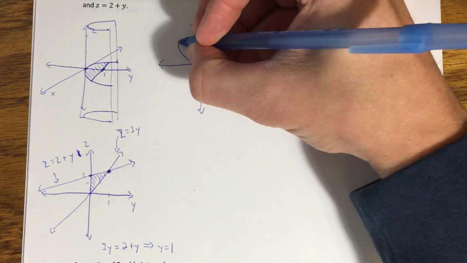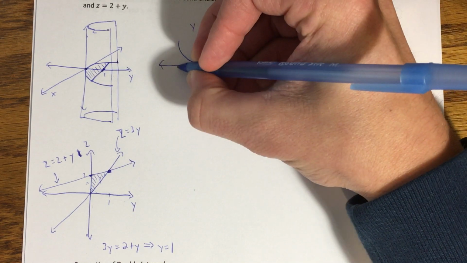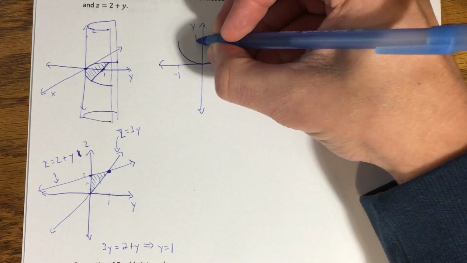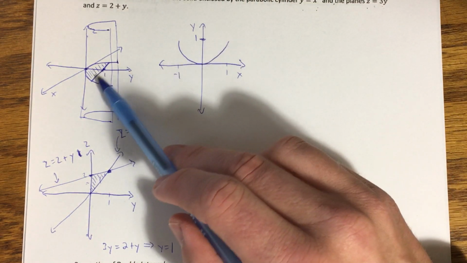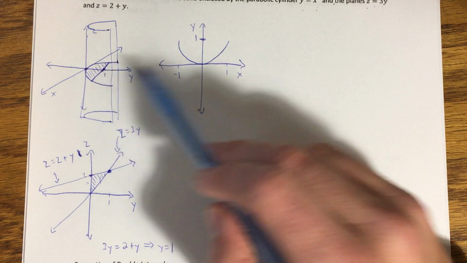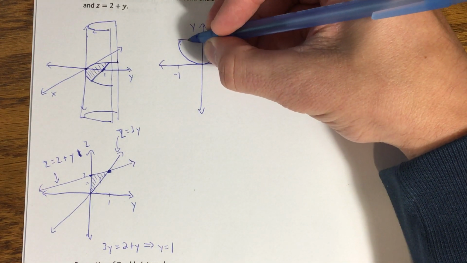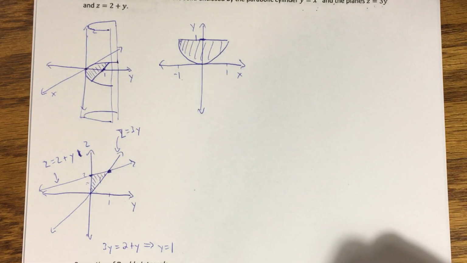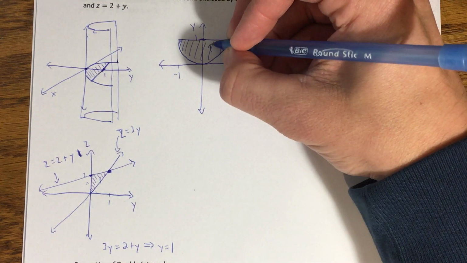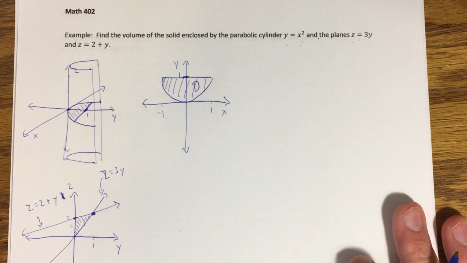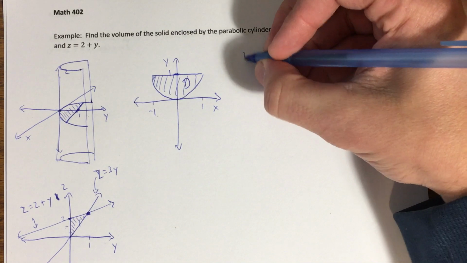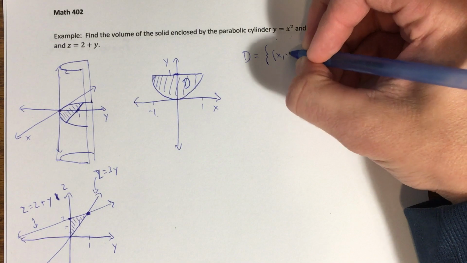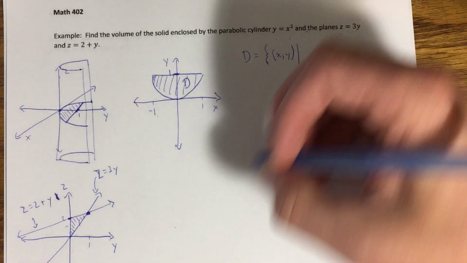Notice it's a parabola where the y value where I'm cutting this parabola off is at 1, which would imply that these two values here are -1 and +1. This gives me a description of the region D that I'm integrating over. So now to describe D. D is the set of all xy such that,